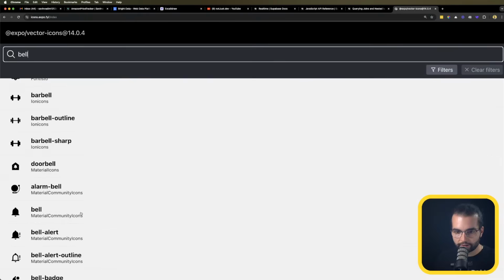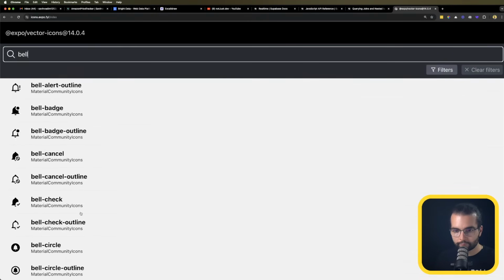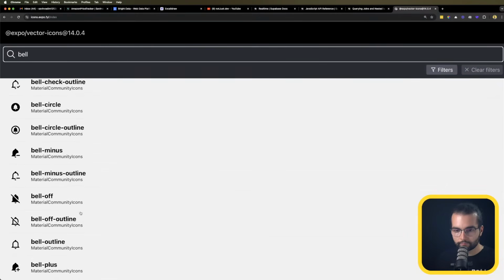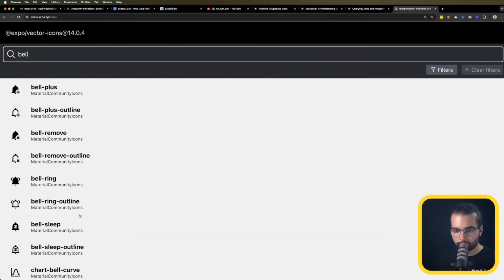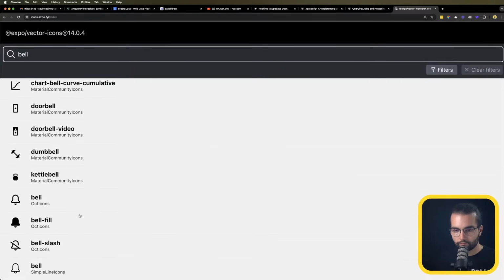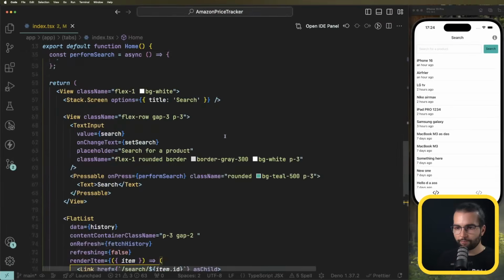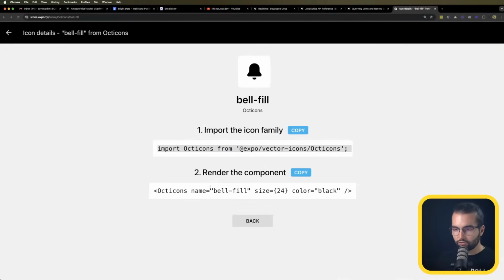So where are we gonna take it from? Okay, I like this one. Let's see if we can render it. I'm gonna import it at the top. And let's render it